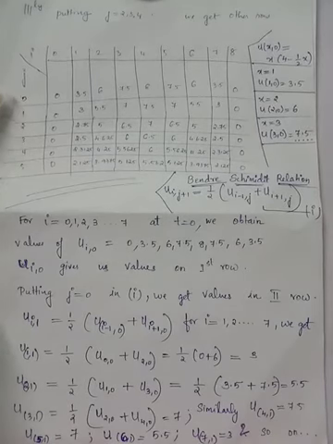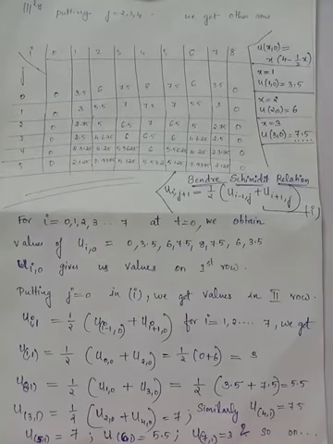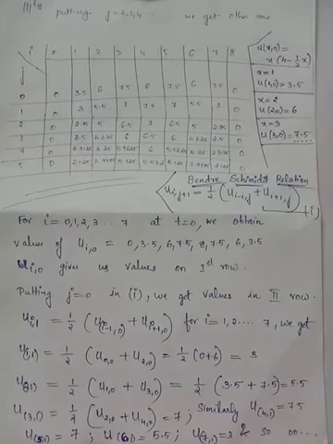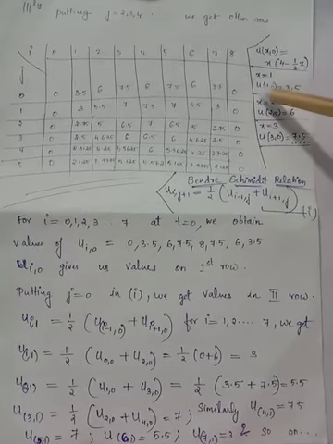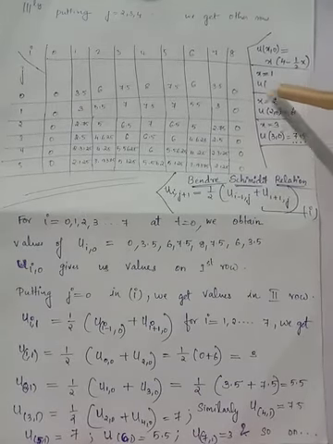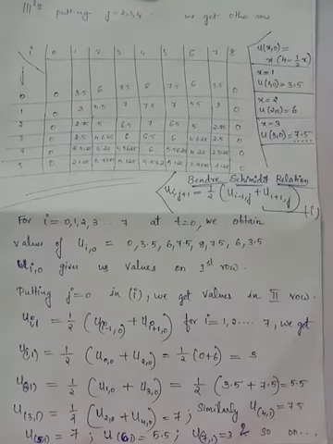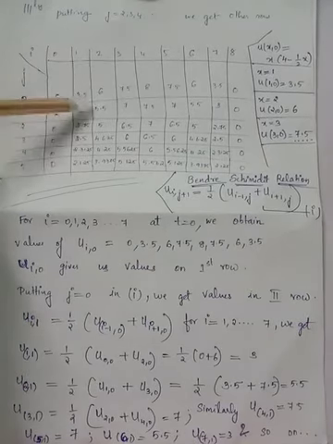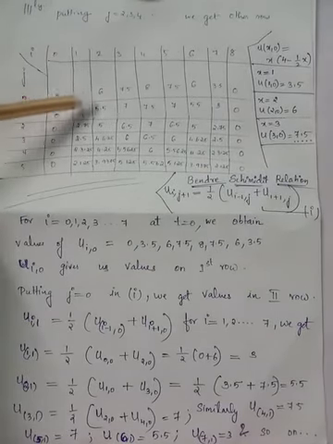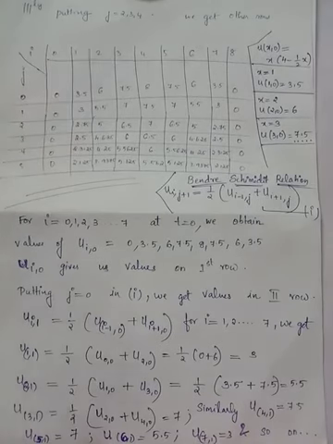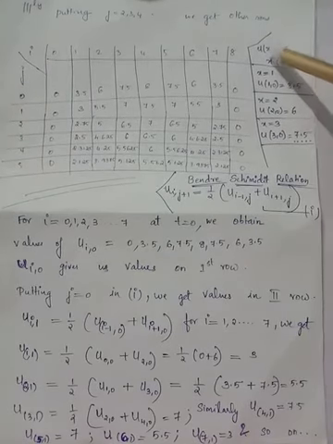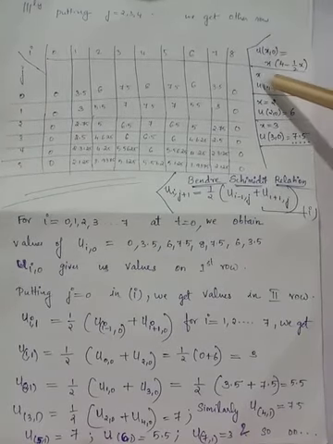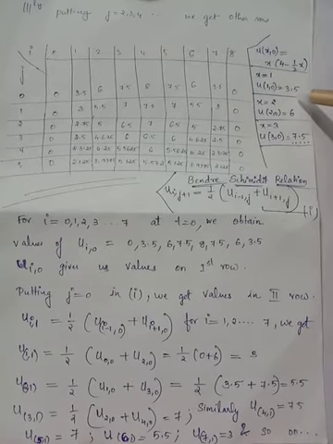Since we have been given the temperature distribution function, u of x,0 is equal to x into 4 minus half x. When you substitute x equal to 1 here, you get the answer for u of 1,0. u of 1,0 corresponds to the position i equal to 1 and j equal to 0. So here you have to write the answer when you substitute x equal to 1 in this equation u of x,0. When you give x equal to 1, the answer is 3.5.